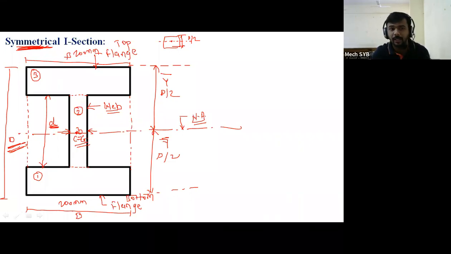No. So we have to take the total vertical distance and it is represented by the capital D. So capital D divided by 2 represents the y bar from the top side and the y bar from the